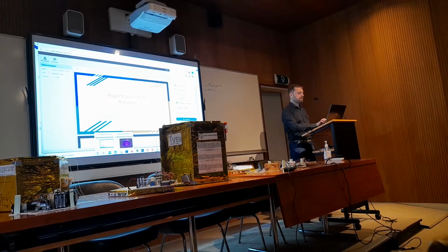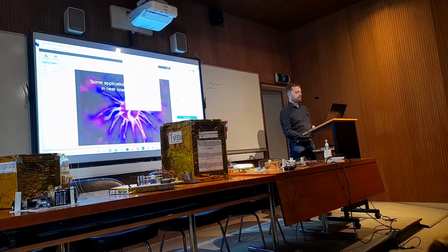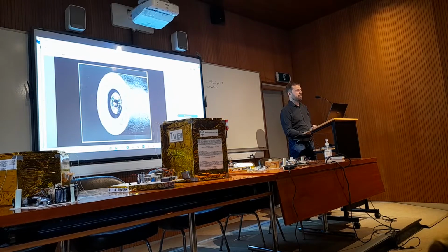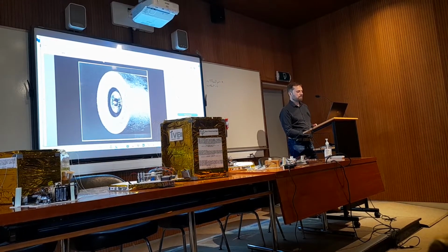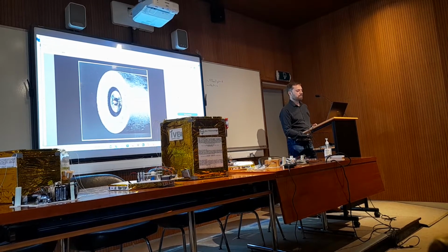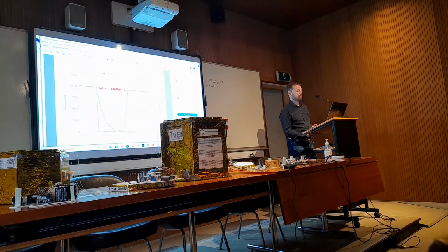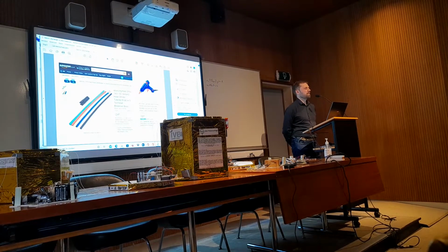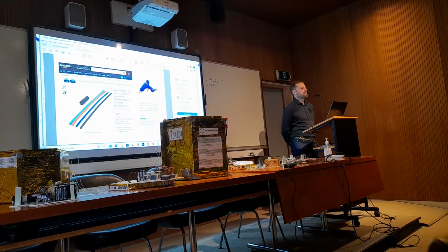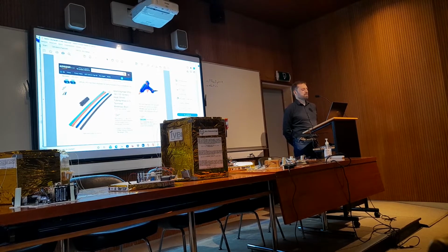I have one, Stephen. If we're going to have electronics on an Asgard gondola that uses voltages of several hundred to possibly even over 1,000 volts, you need like 400, 500 volts on a Geiger counter, and we send up photomultipliers that take 1,000 volts to operate. In your experience, is a straight conformal coating enough to prevent any discharge phenomena, or do we need to cast it in epoxy? Yeah, so the key thing is breakdown of